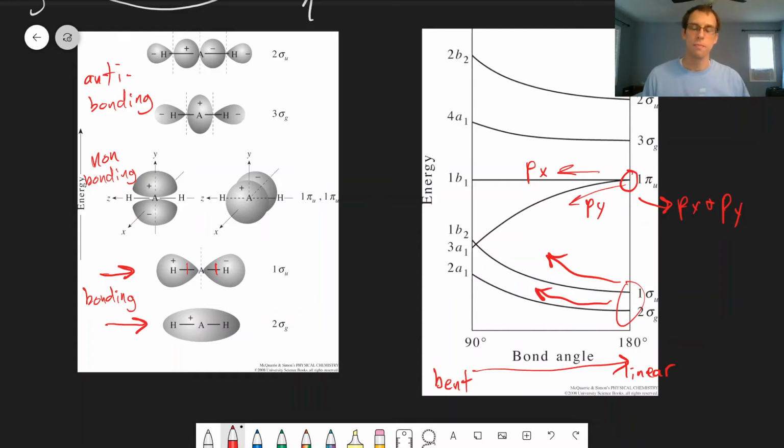So for both BeH2 and H2O, we have this happening in terms of the molecular orbitals. You can ignore these labels on the left-hand side, these letters here. These come from group theory. We skipped that chapter, or we're going to skip that chapter. But this has to do with the symmetries of the orbitals, relative to different symmetry operations. Anyway, if we're looking at BeH2 and H2O, the difference here is the number of electrons that's in each